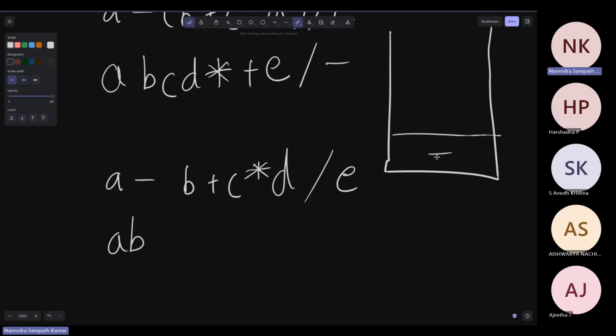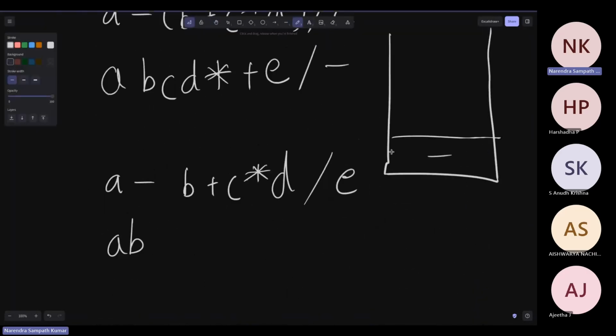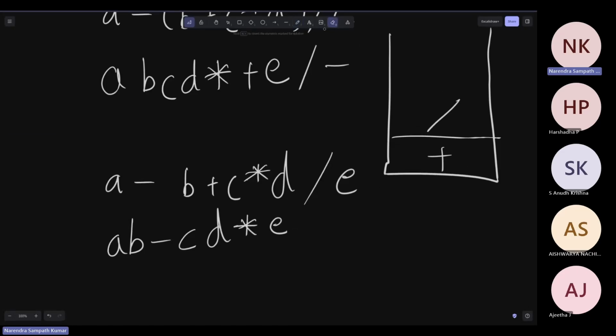Now addition and subtraction have the exact same precedence, right? So what you do is you pop the minus and then you add addition to the stack. Then you have C, multiplication has higher precedence than addition, so you just let it be. And then D, now division and multiplication have the exact same precedence. So you add division to the stack after popping multiplication, and then E and end of equation, you pop everything,